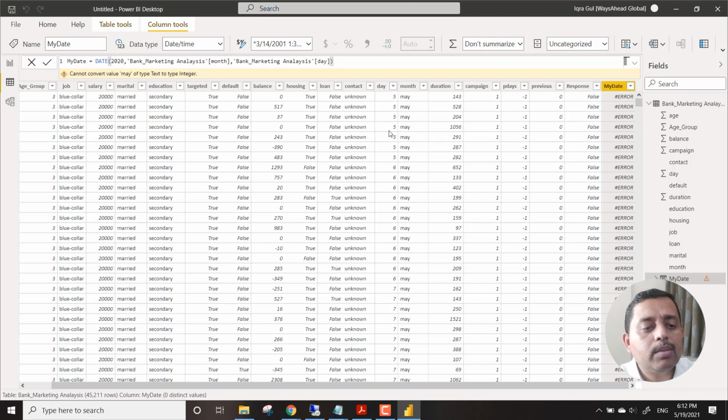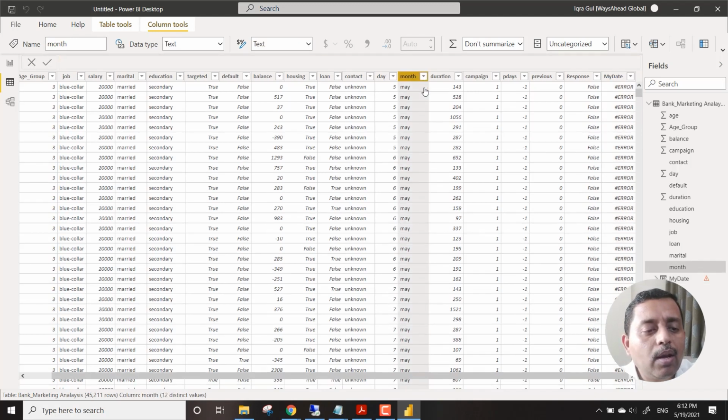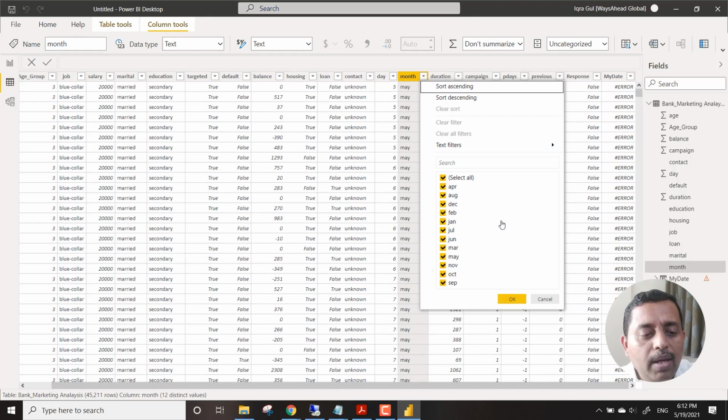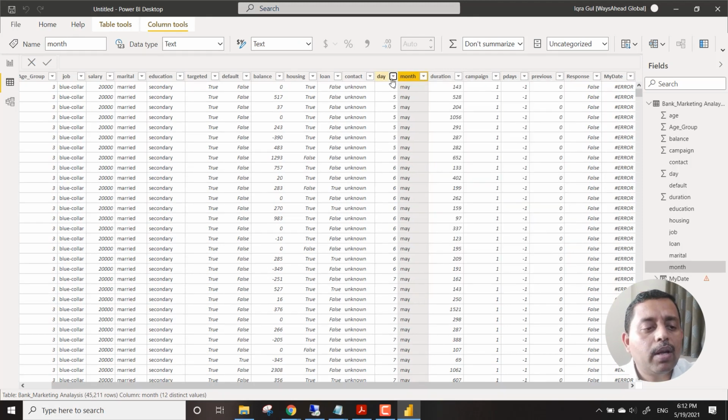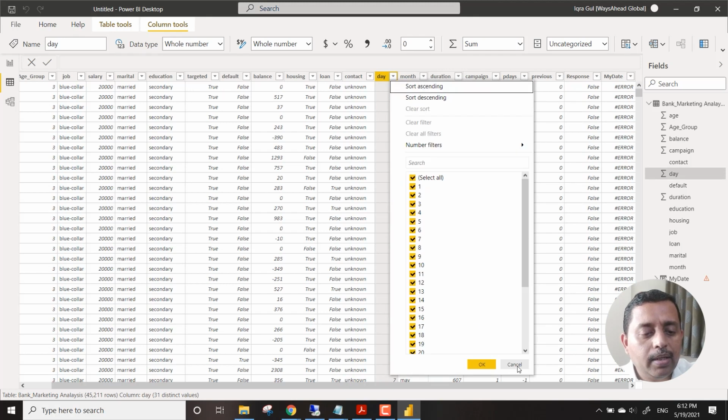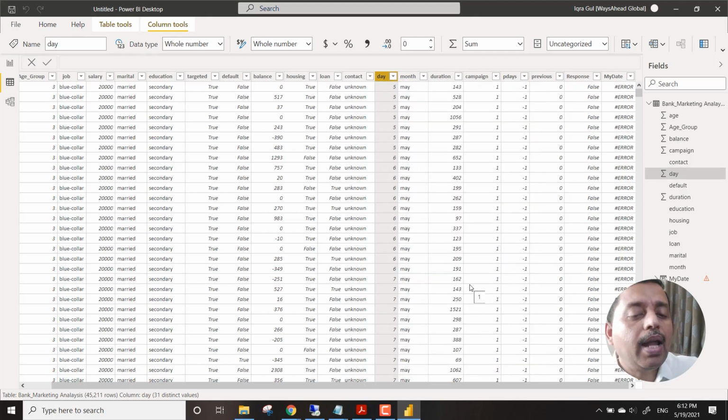The reason for this error is that this May cannot be converted. You can see May, June, July, September, everything is there. Which means that directly converting a month into a date will be a challenge. So that will be an issue over here. So what we need to do instead, maybe we have different techniques of working with this.